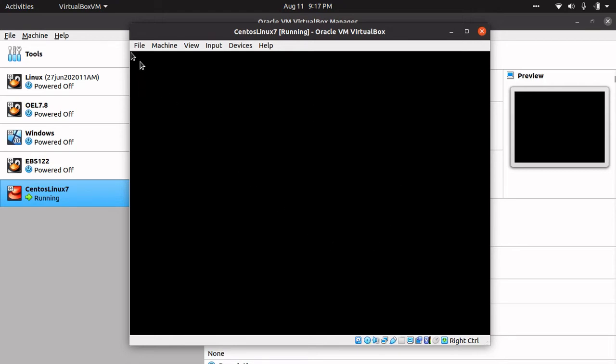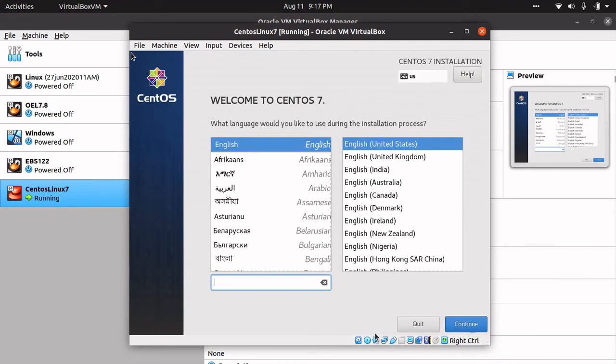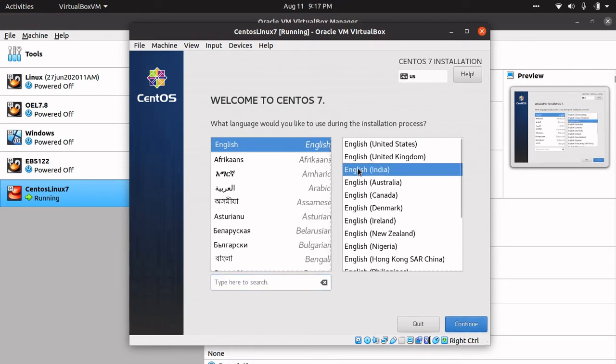There are chances that your mouse gets stuck inside this and you are not able to come out of it. So you have to click the host key. The host key is also the right control key on your keyboard. If your mouse is stuck here, you can press your right control key to come out. See, this mouse will not come out from my main host machine, so you have to just press the right control key. It will release the mouse and you can come out to your host machine. Again you can click it back, so the mouse will start working inside. And I can select the region and the language. Click continue.